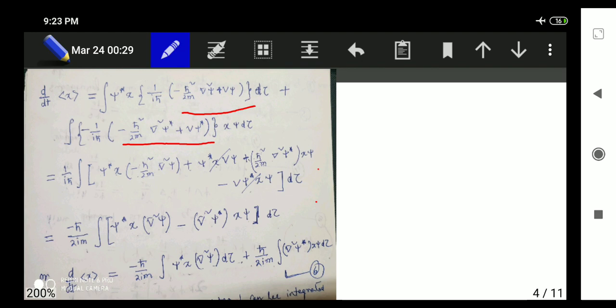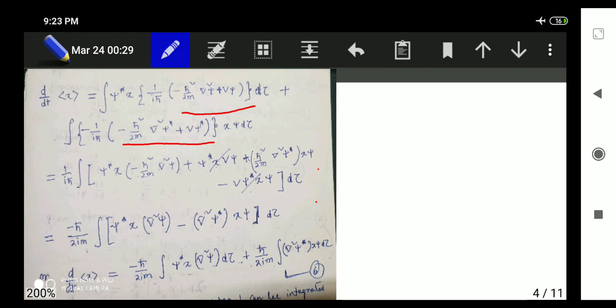I have taken the plus as the common, so the minus will be there. This minus will multiply with this, it becomes plus, and this becomes minus. Okay, then in the next step, we'll bring out this h cross square by twice m, which is